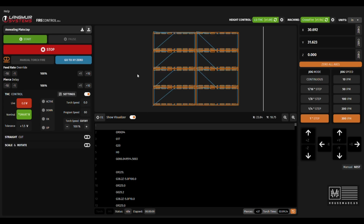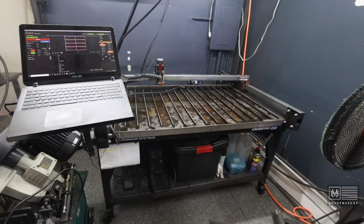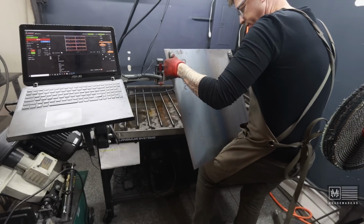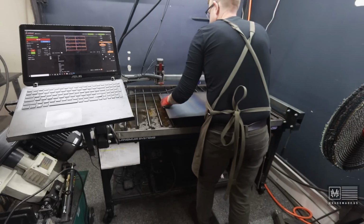And voila, there it is, all 8 of them. And I just need to now put the piece of steel on the table and get that all centered up, and then we're gonna put our X and Y axes. We're gonna start at the bottom lower left-hand corner of the piece of steel. Take our piece of plate steel here,